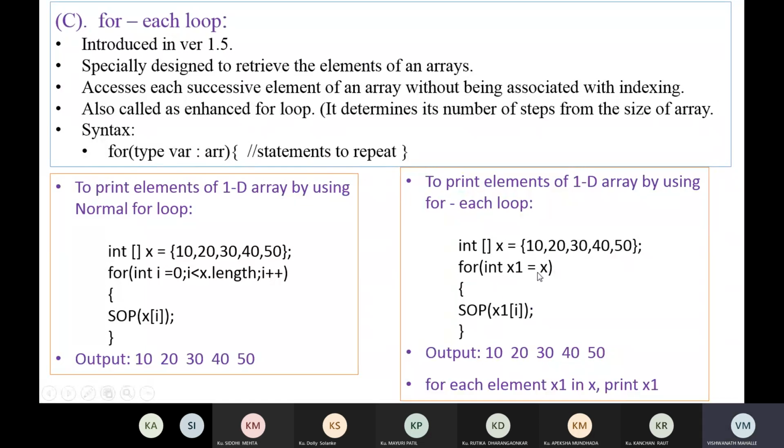For each x1 in x, print x1, then it moves to the next element, to print each element in the array. That is the for each loop, and we will see examples.